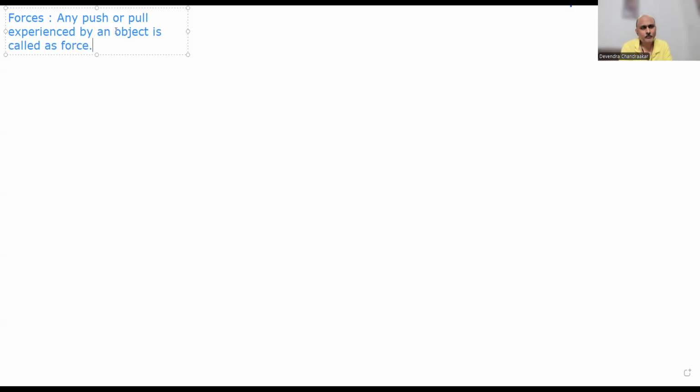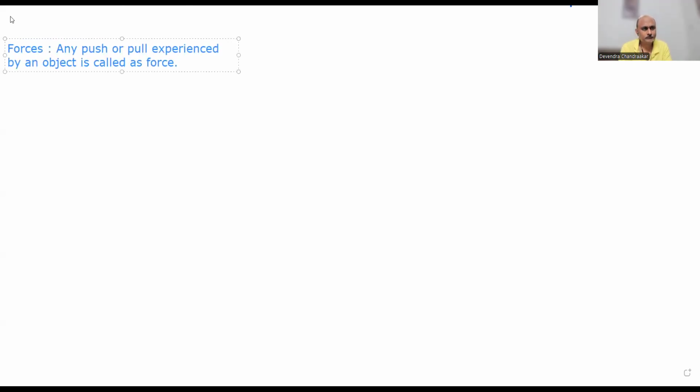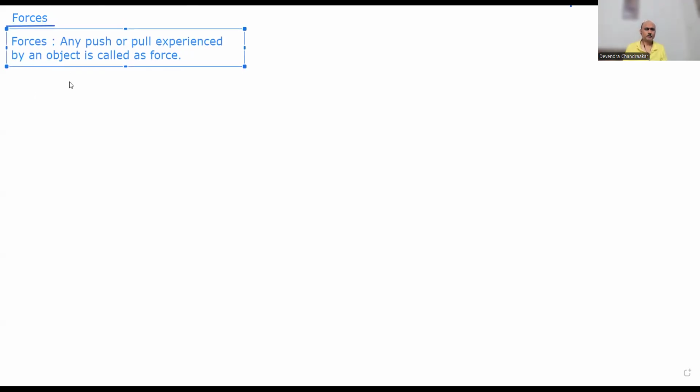ठीक है. So the chapter is forces. Yes, chapter is forces. अब बोलता है कि how many different types of forces are there. तो based on